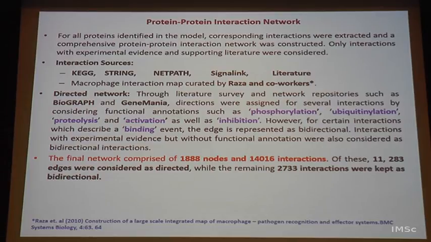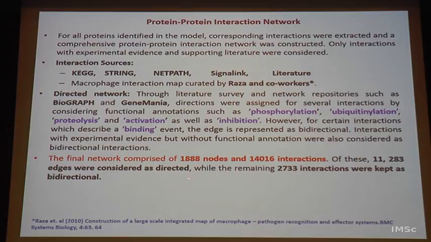So, if there is a node A and it is connected to 5 others, but the change is mediated, the edge is thickened only to B, but not to C or D. So, you take AB as the edge, and the AB edge is thickened, in the sense the highest weightage is given to AB to E. So, you take ABE as a path, it goes on as a path like that, and all paths within a certain threshold are what you compute. And since the formalism is shortest paths, that is what people generally use, the lower the path score, the more likely the path is to be active. That is what is taken.